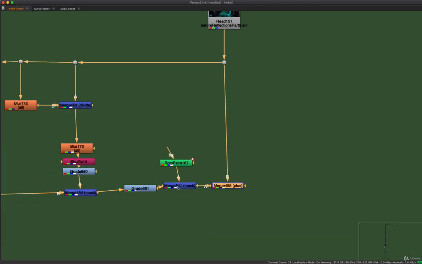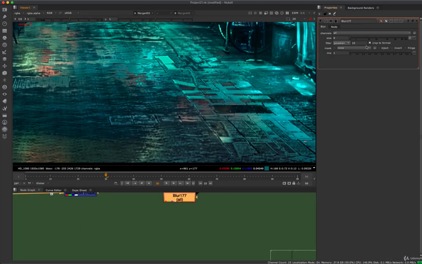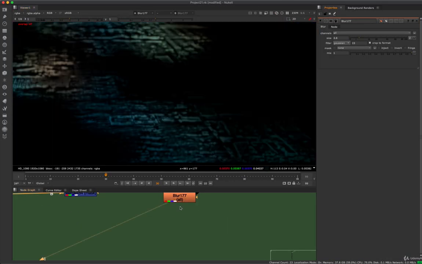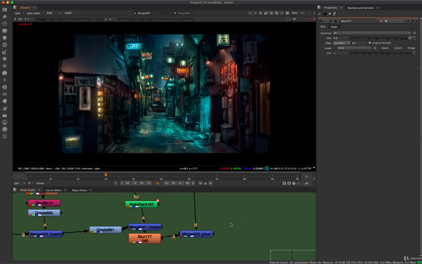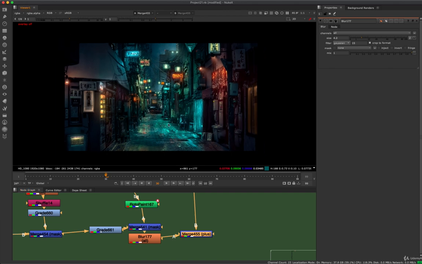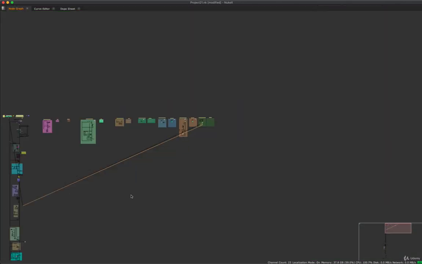We could blur that a little bit too. Maybe it's just a little bit too sharp. It feels like we're sharpening our image a little bit, so we could just slightly blur it. And that's kind of how we get that glossiness across the whole surface. So that's the main technique. If we go back to my comp,